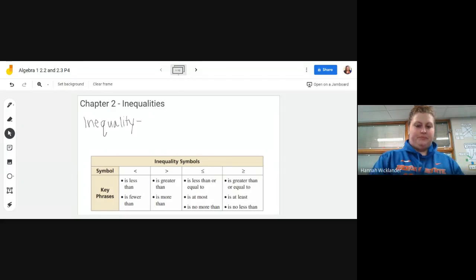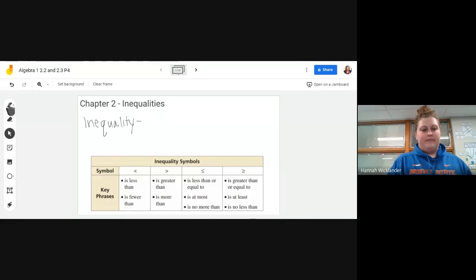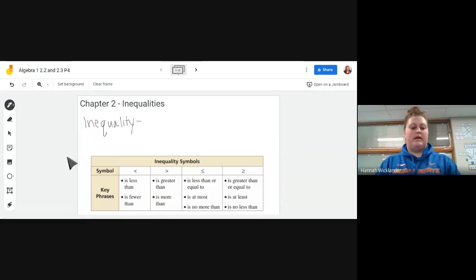So you should have reviewed or learned inequalities in 8th grade. But here's a quick refresher. An inequality is,